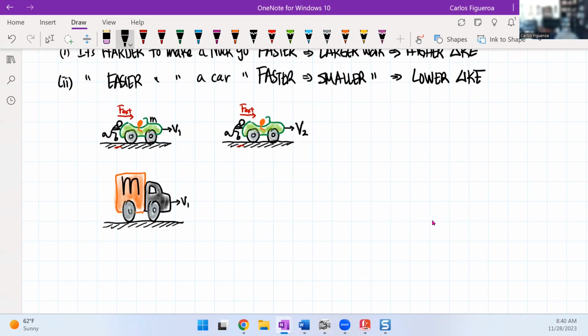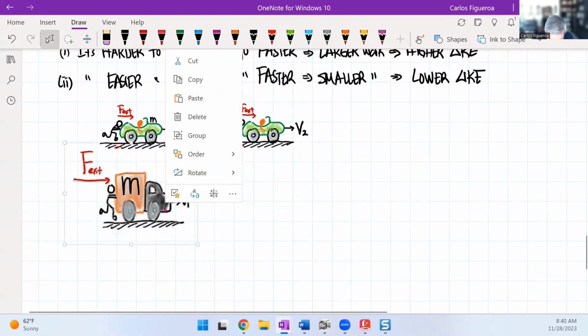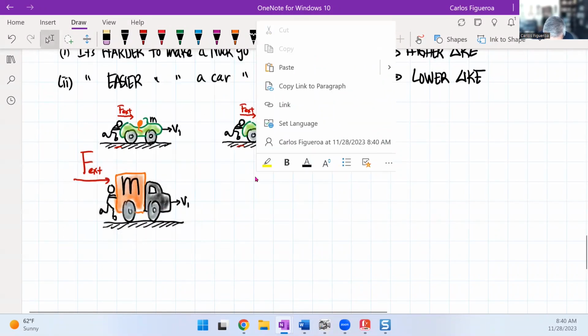Now you could imagine if I had this guy pushing on the truck, because this truck is larger, we have to be applying a much larger external force on this truck. So now if I transfer this over here,